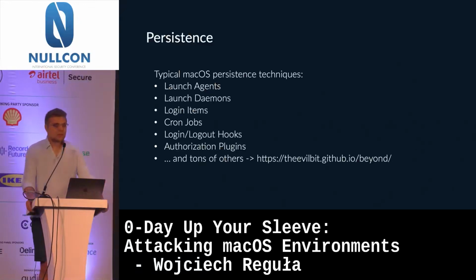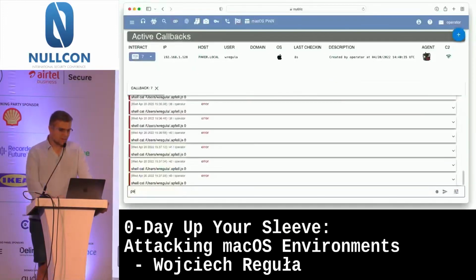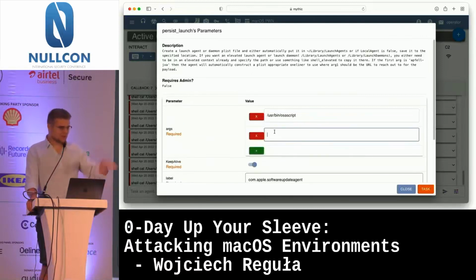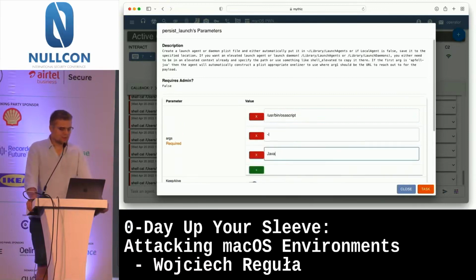Now let's talk about the persistence. So on macOS, there are a bunch of typical persistence techniques like launch agents, launch daemons, login items, cron jobs, and tons of others. My friend Csaba Filc documented it on his blog. So it's now like 27 or something persistence techniques documented, so it's quite a lot. But in this talk, we'll use the standard one. So we pass the persist launch command to Mythic. And now with osascript, the very same command that I used in the Word macros, we will be running